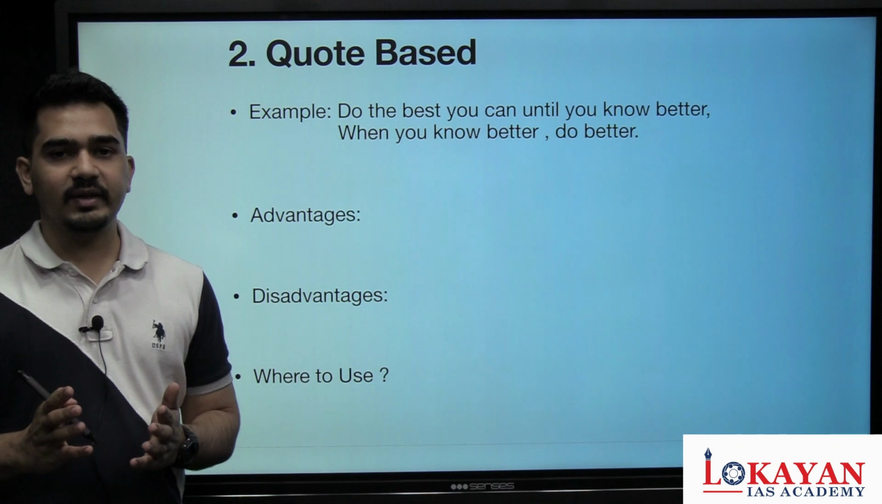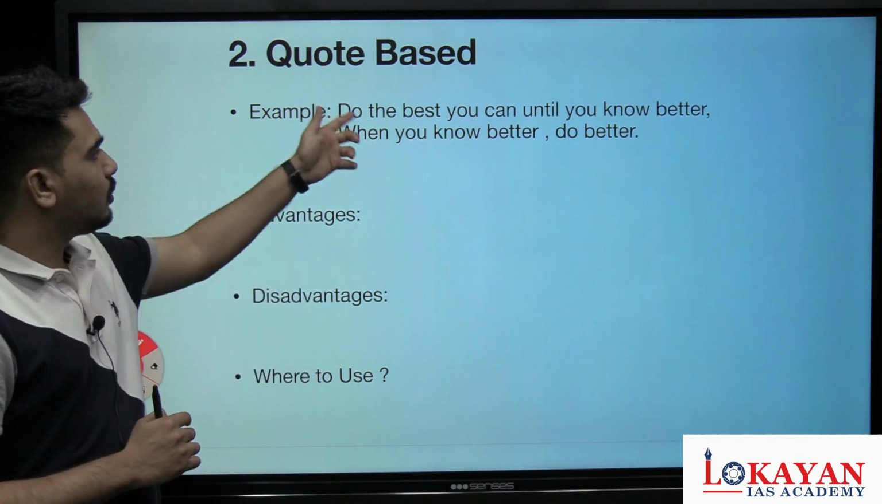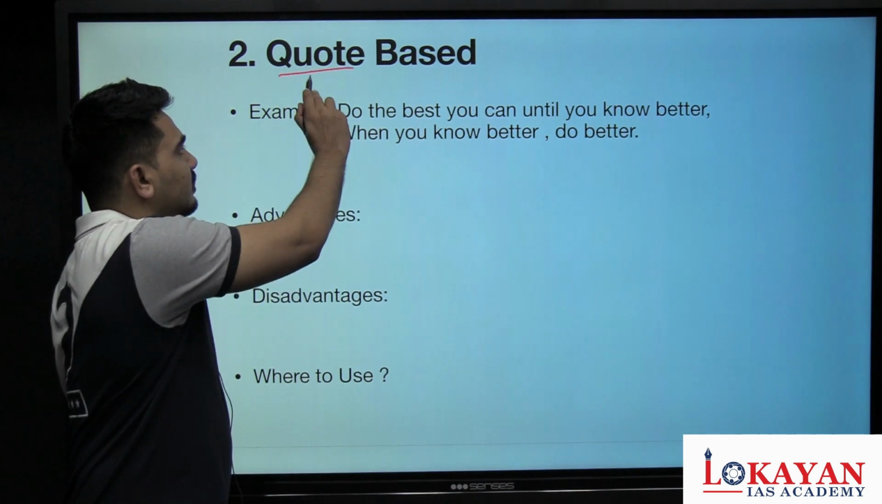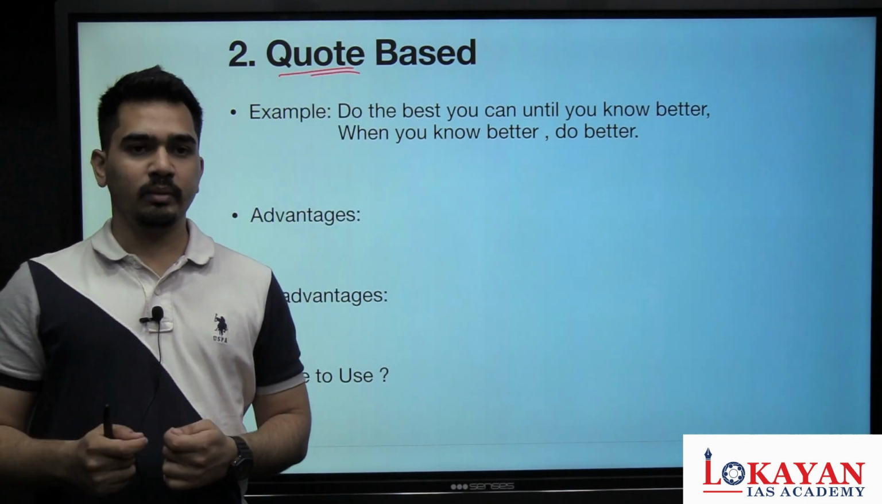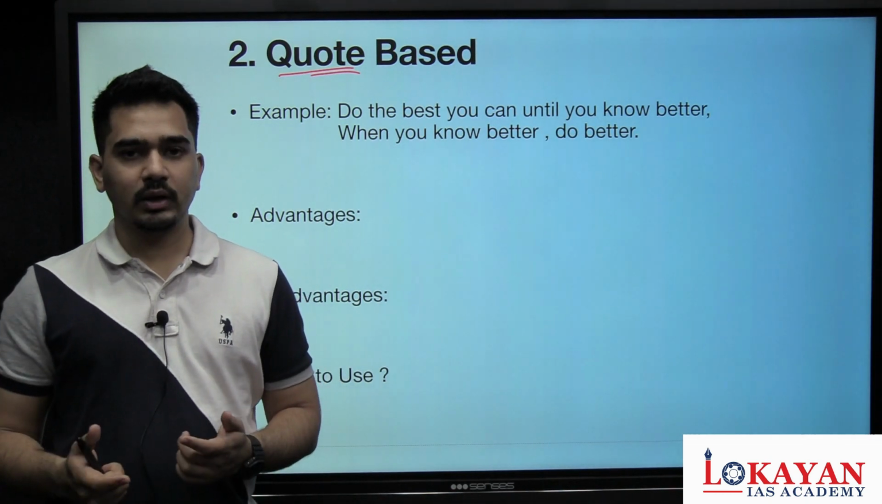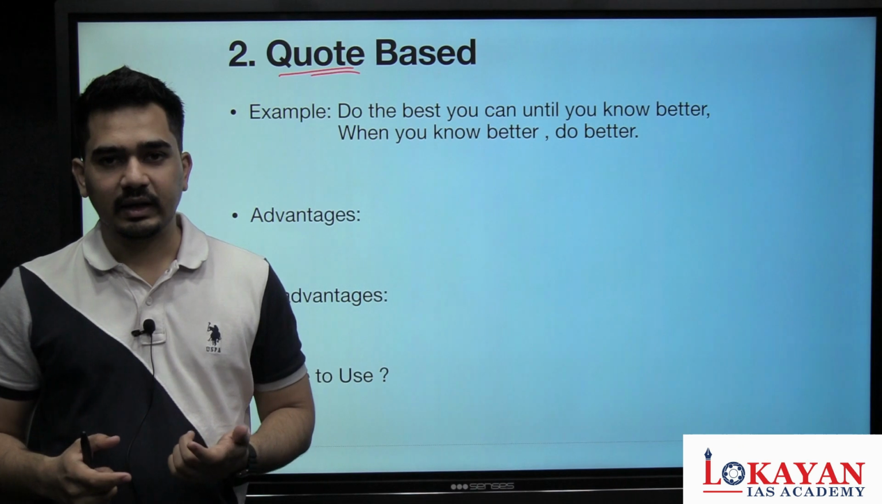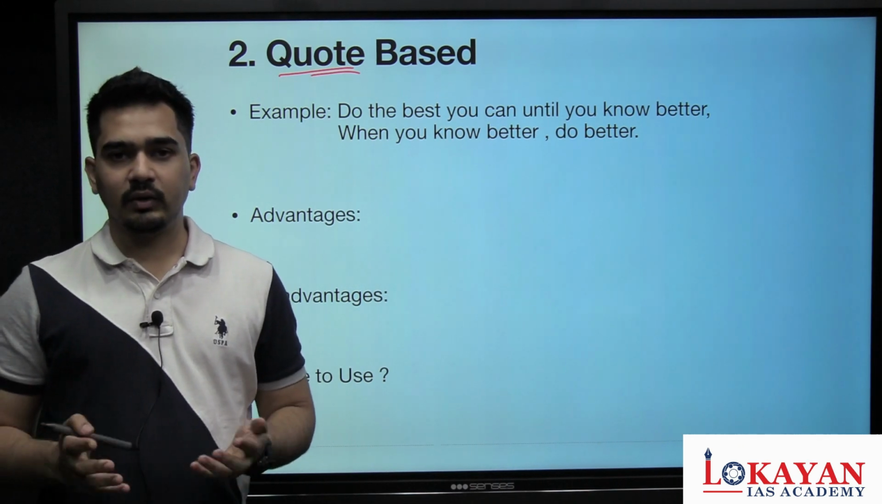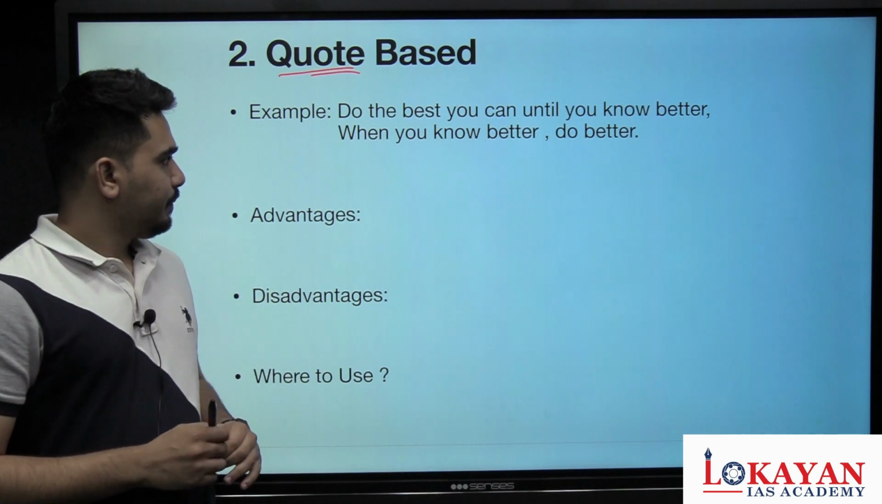Okay, so let's start with the second method. The second method that we have today for discussion is the quote based method. So basically you write a quote that is relevant to the topic. So the quote based method again is a very popular method to start an essay, particularly when it comes to the civil essays. But